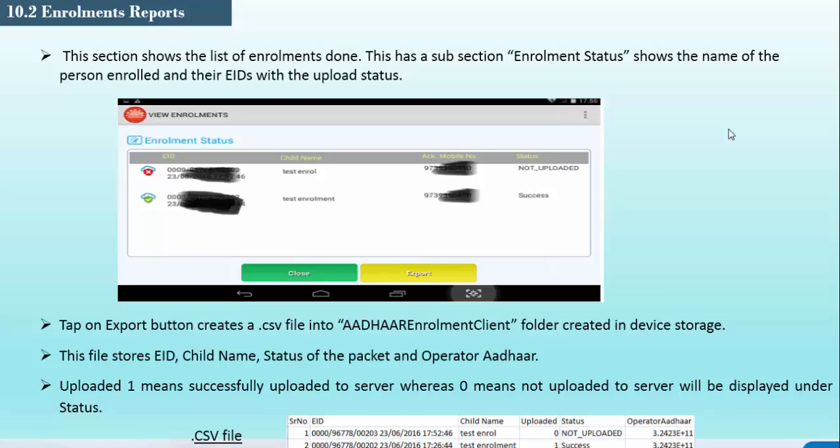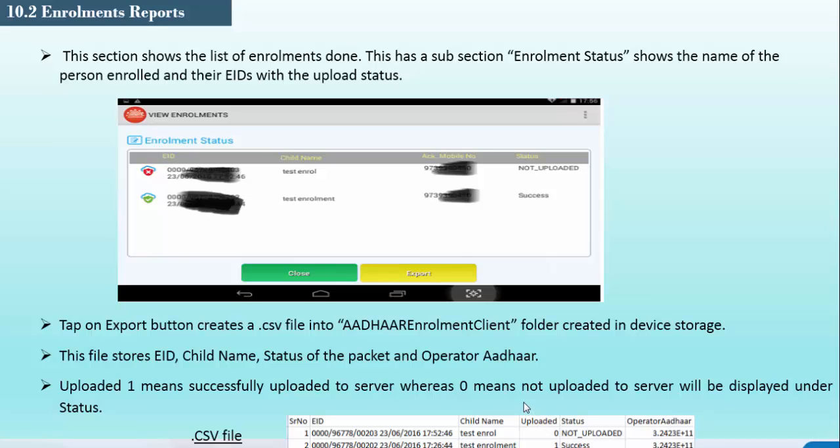Uploaded means successfully uploaded to the server. If you find the uploaded status in the Excel file as 1, I have given an example in the slide, it means the packet is uploaded successfully.